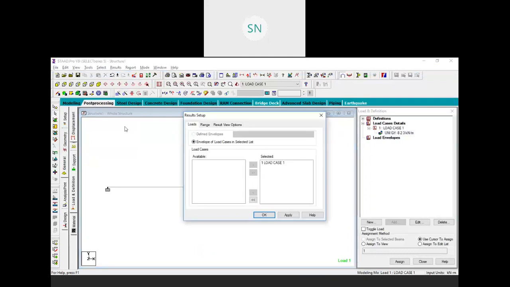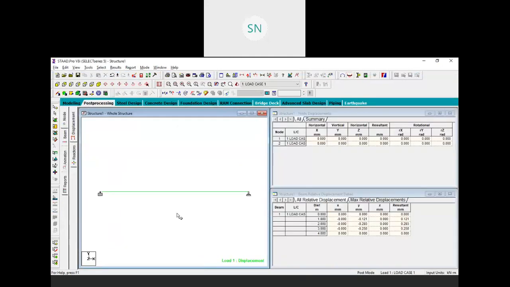So click on post processing, click on OK, and here first of all we have displacement. See, node and displacement. Press your control button and scroll up, so your displacement effect will be scaled up so you can view it properly. Scale it so that it is visible for you. Okay, don't scale it like this.